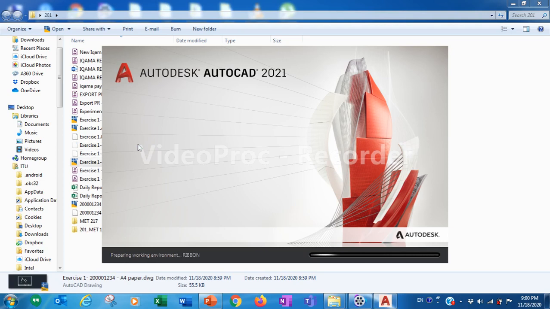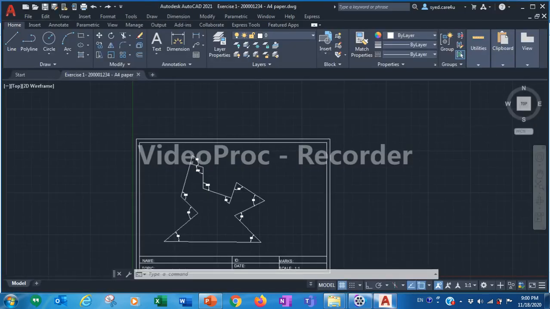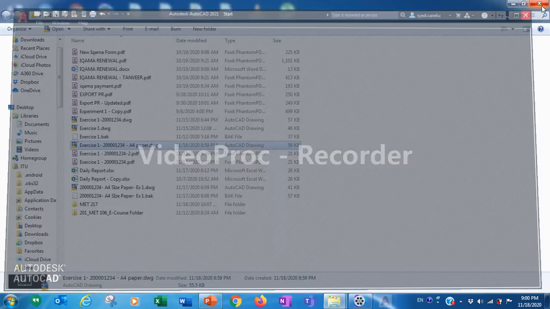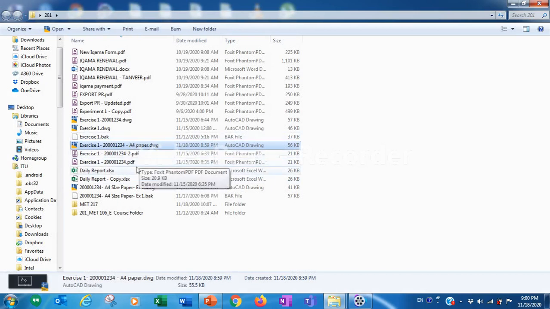So now you have to send me these 2 files. You have to send me this drawing file as well as the PDF. This PDF and this drawing file you need to send to me through the email. Okay, so thanks for the